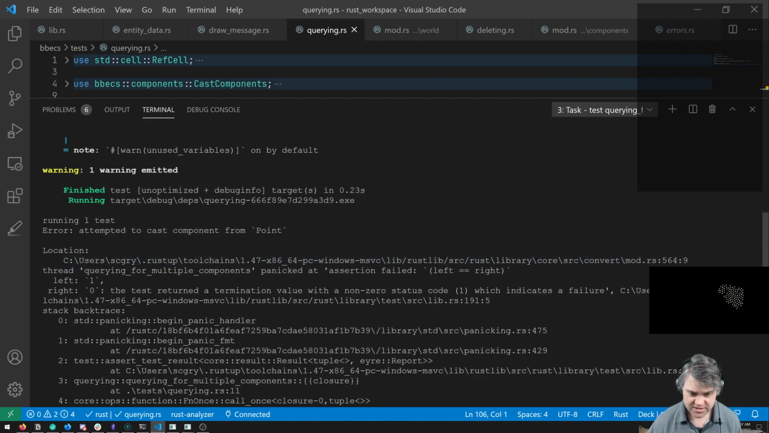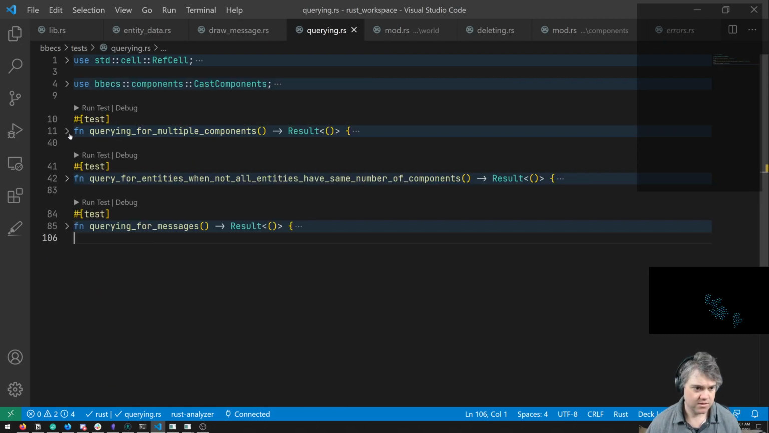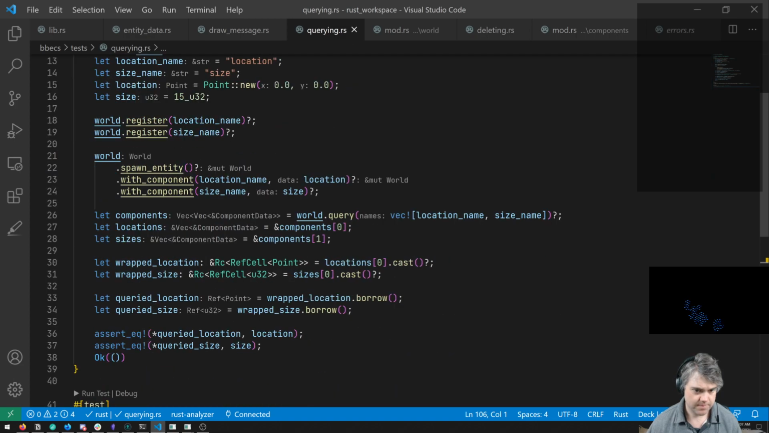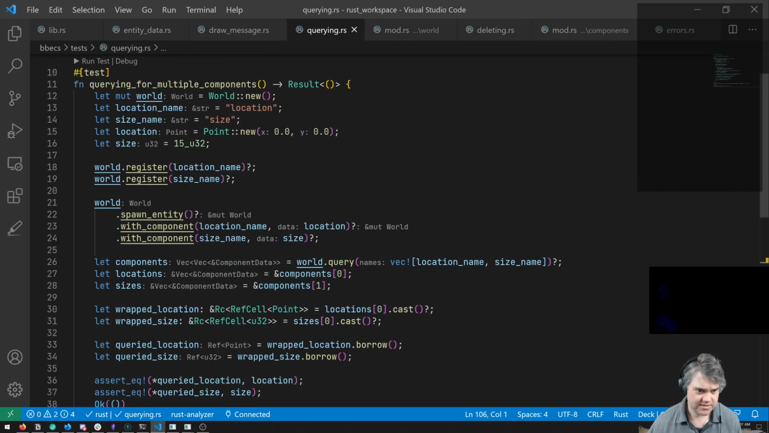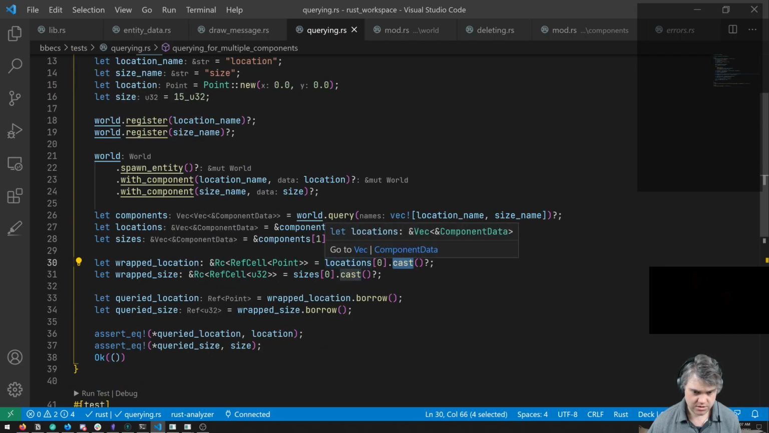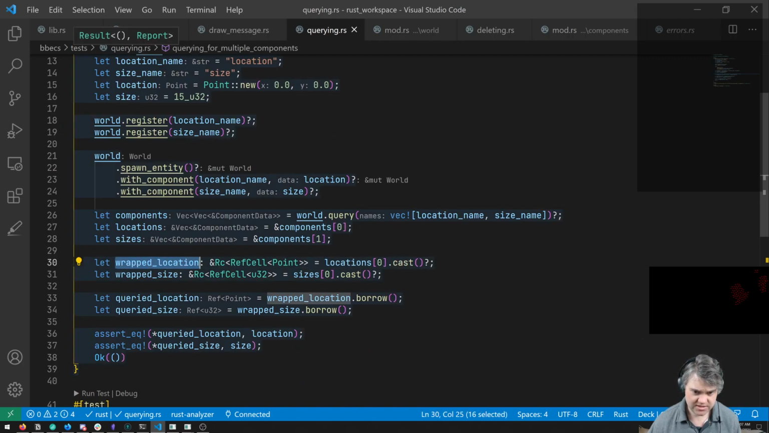All right, so we have left is 1, right is 0. The test returned a termination value with a non-zero status code. Okay, so this is attempting to cast component from point. And specifically, where we're trying to cast to point, where's our cast? Only 2 casts, and here's this cast right here. So our wrapped locations,